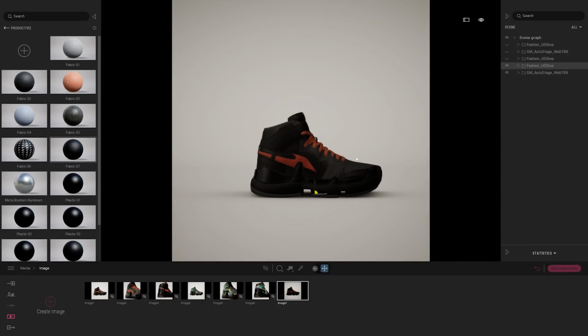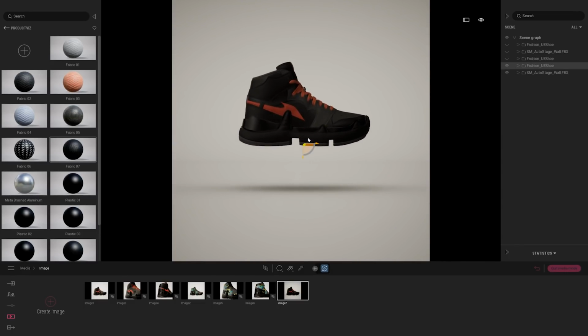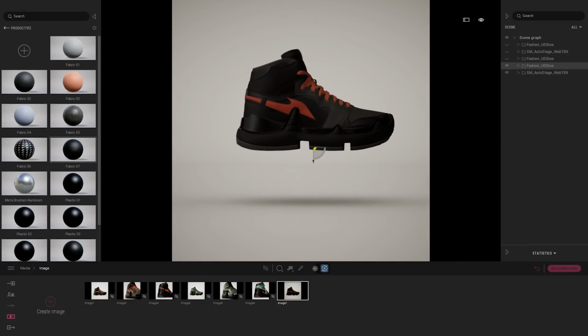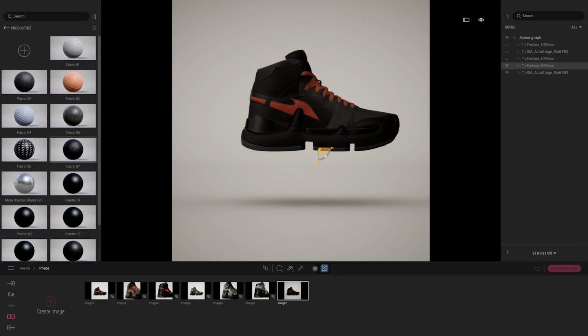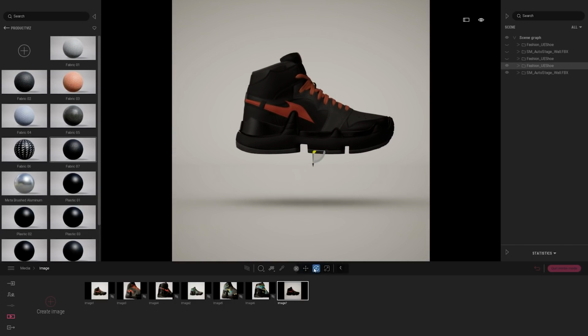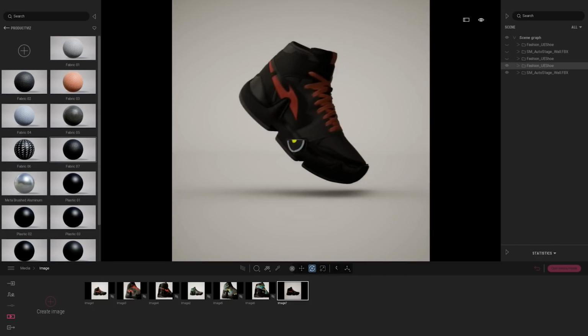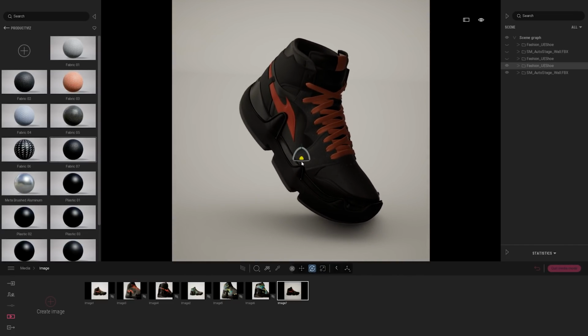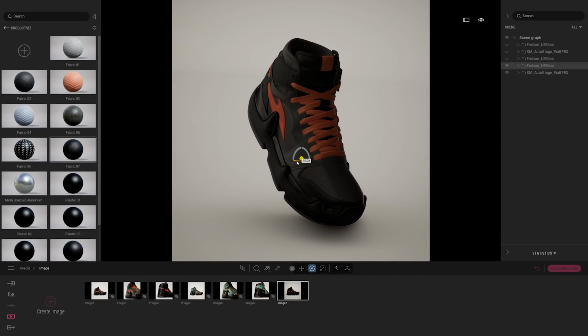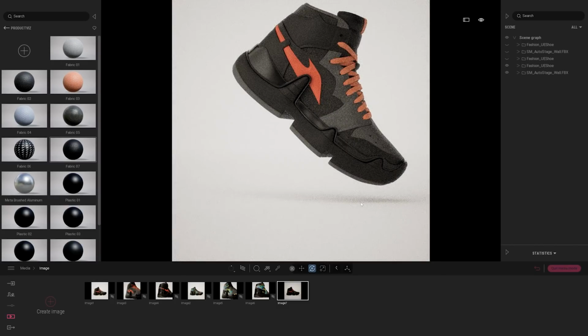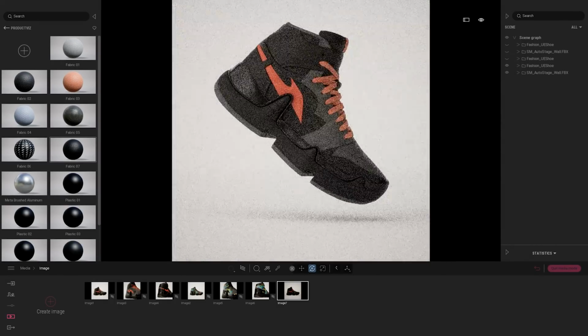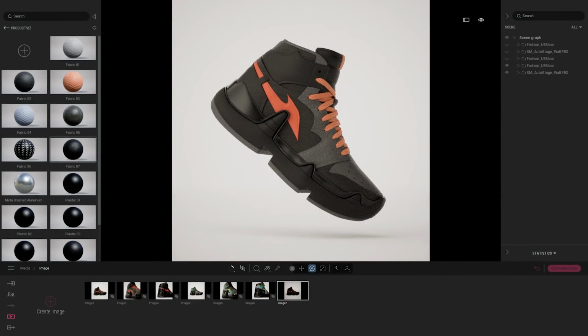That new shoe, I want it to be like floating in the air. So I'm just going to move the camera a bit back. Here, what I will do is using the gizmo here, you can switch, by the way, to different gizmo, the translate, rotate, or scale by opening this ribbon over here. And here what I want to do is simply rotate a bit my shoe so it's floating in the air like that. And maybe just turn it slightly so it's facing a bit the direction of the camera. Coming back to my camera, I'm just going to move the camera a bit up in the air to focus more on the shoe.